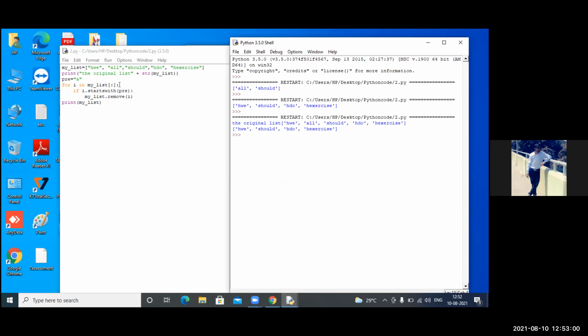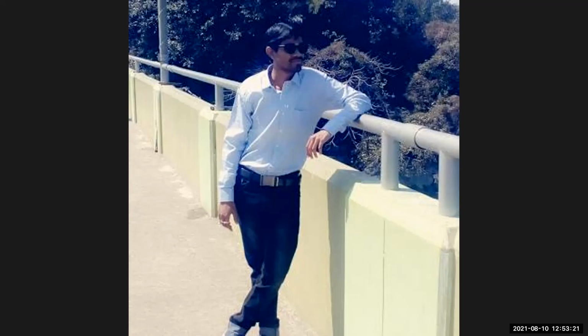Now it looks like this is my original list, and this is what I used in my pre variable. After that, this is my displayed result. Okay, so this will help us understand easily. Okay, thank you, Dolly. You can stop your screen share. I will wait for Nishu, and then we are going to move to program number 3.